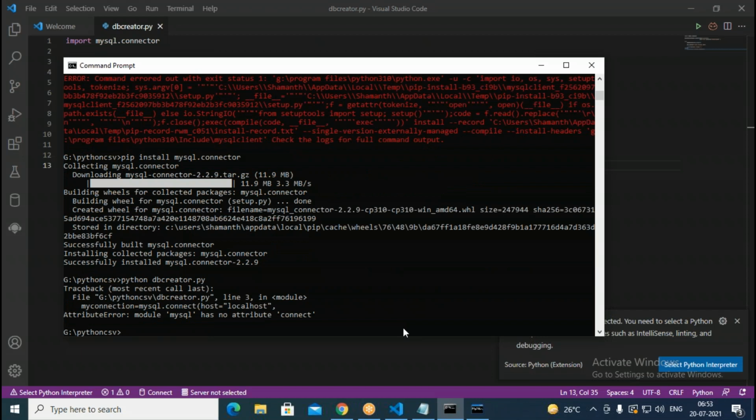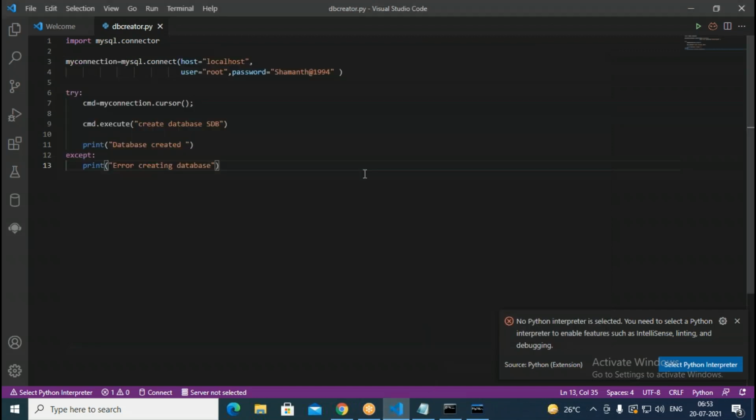So it says here no attribute connect. So when we go with that, it says no attribute connect. Okay. MySQL connector we have taken. So when we go with the connect, it's not getting connected.